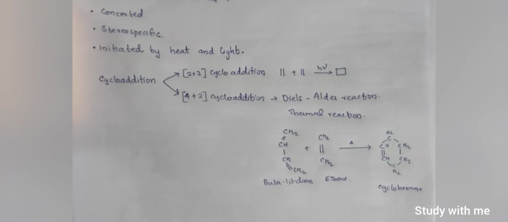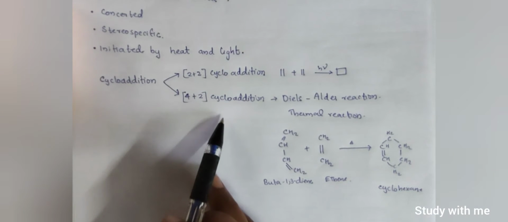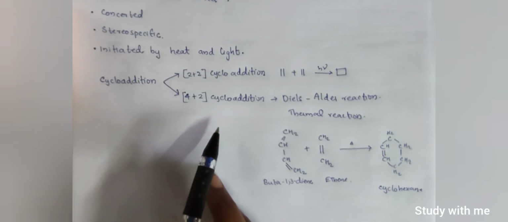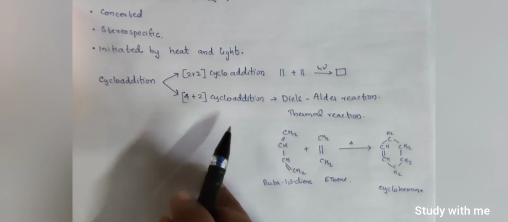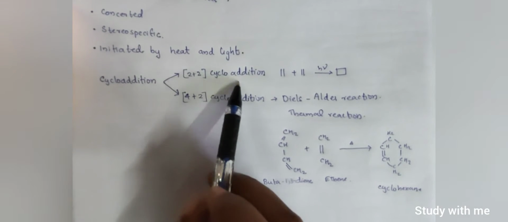The classification of cycloaddition reaction. According to the number of pi electrons in the two reactant molecules involved in the reorganization of the pi system to form two new sigma bonds, cycloaddition reactions are classified as 2 plus 2 cycloaddition and 4 plus 2 cycloaddition. Only the pi electrons that participate in the electron rearrangement are counted. Each number of the notation also means the number of atoms from each reactant that will join to form the ring. Firstly, the 2 plus 2 cycloaddition reaction.